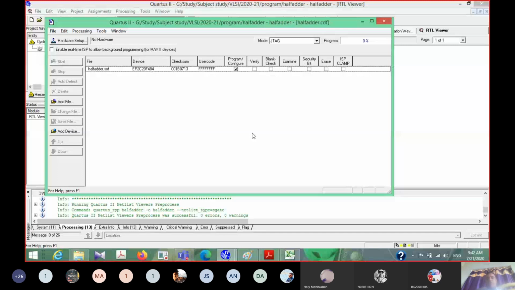Suppose here we have downloaded the half adder code, then the FPGA or CPLD chip works as a half adder, right? So CPLD and FPGA are programmable devices. You can program any digital system on a CPLD or an FPGA device, right? So these are the steps to download onto a CPLD or FPGA chip, and it lets you implement any digital design on a CPLD or FPGA.